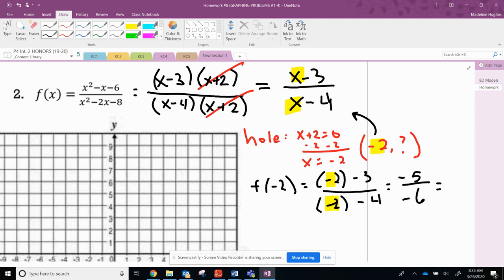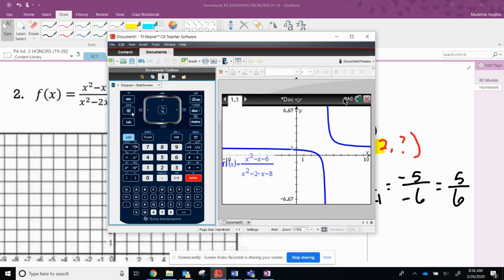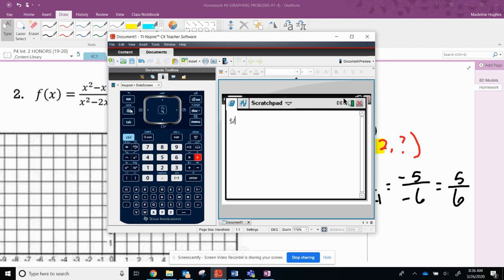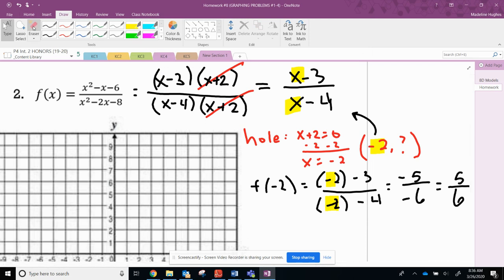And you could plug that in your calculator as well. I just know how to do that in my head. And negative 5 divided by negative 6 is positive 5/6, which is fine. I could put that up here, 5/6. But I'm going to put it in the calculator, get a decimal. So 5 divided by 6, hit Control Enter. 0.83 repeating, so I'll just round that to one decimal place, so 0.8. So over here,